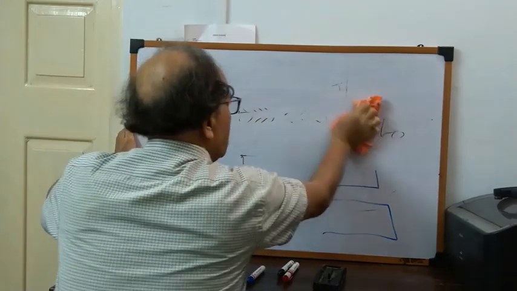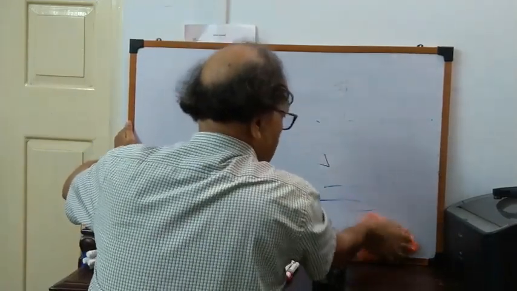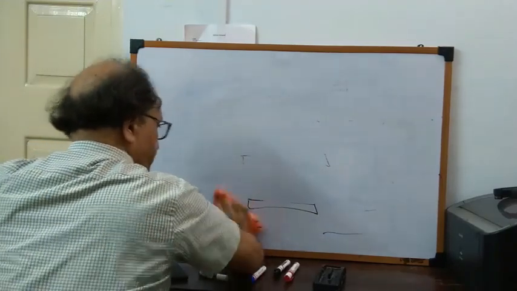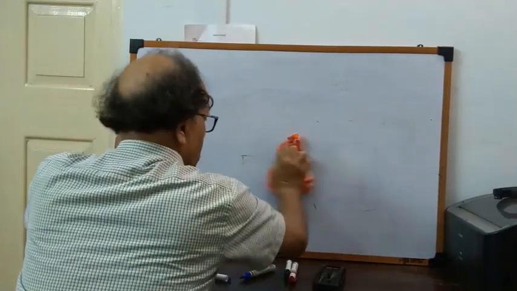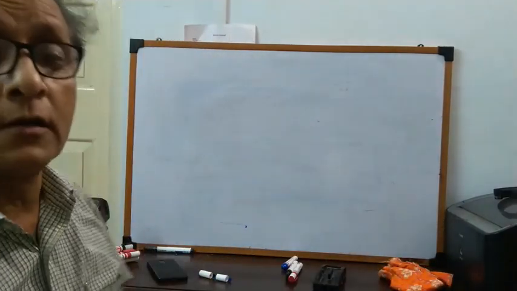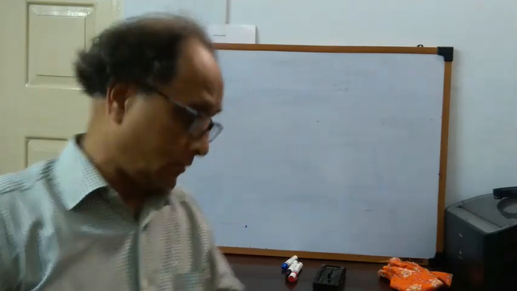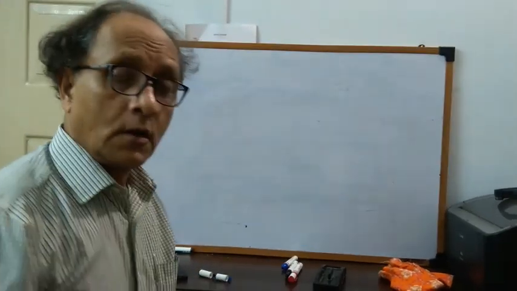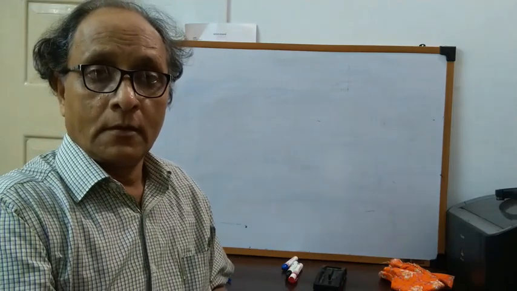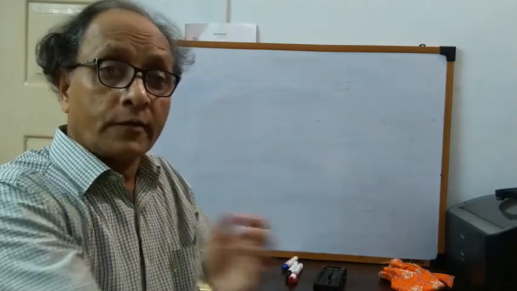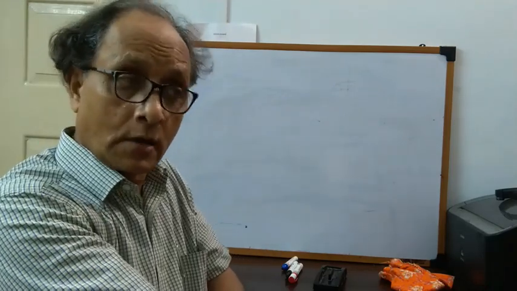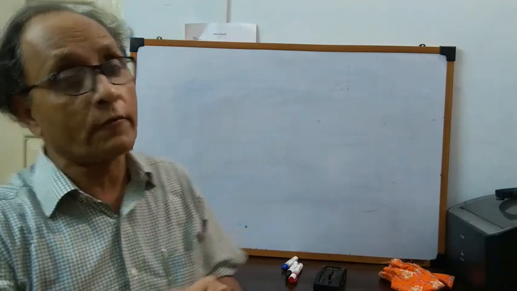And finally, I will just mention something about the afterload. It is a bit difficult to understand the preload, but it is very easy to understand the afterload. So what is afterload? Afterload is that load which is resisting the muscle contraction. How to express the afterload? As it is resisting the muscle contraction, it is expressed in terms of velocity.